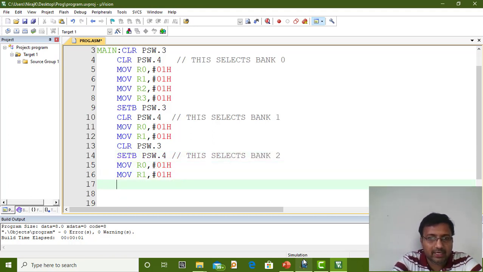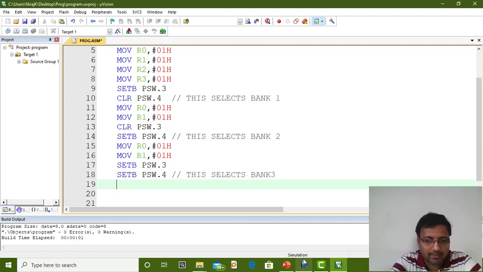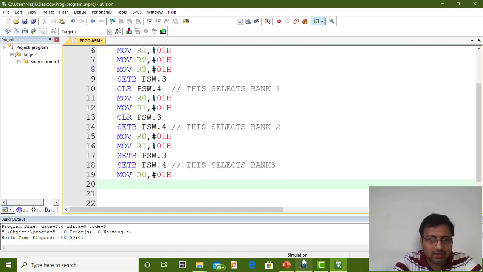And for bank 3 we need to set everything: setb PSW.3 and setb PSW.4. This selects bank 3. Then whatever I write, like MOV R0, #01h and MOV R1, #01h.